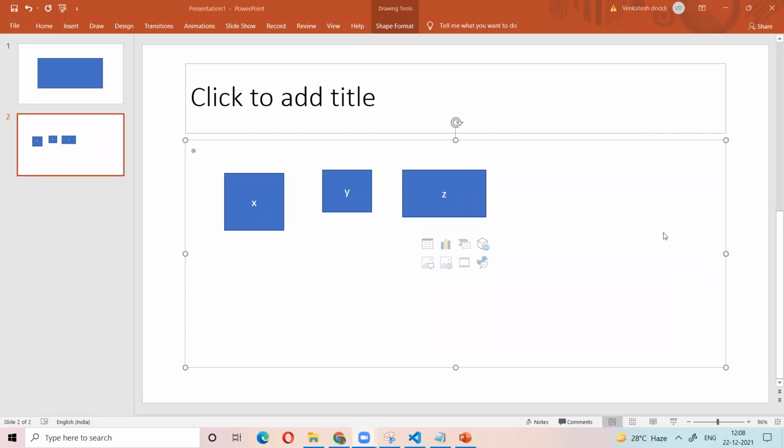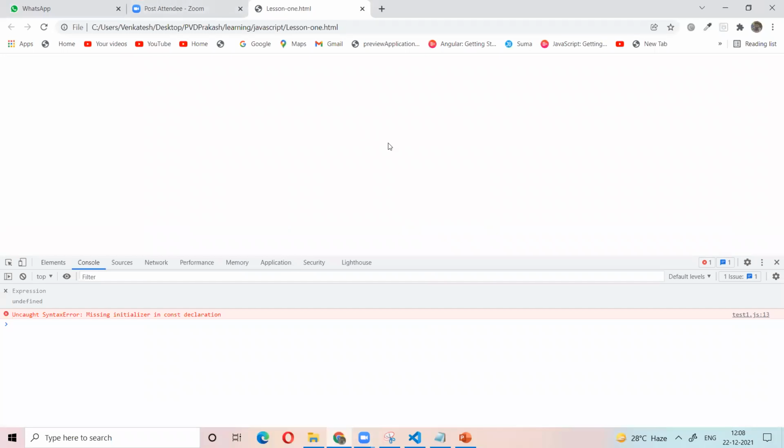You did not understand? For example, we have the website, and we have only one value throughout the program. Then we use the constant. If you want to use only one value throughout the program and we do not change that value, then we use the constant. You got it?